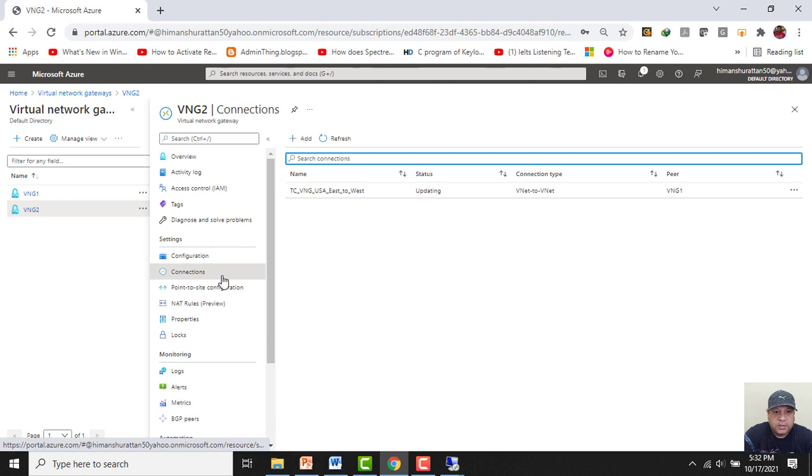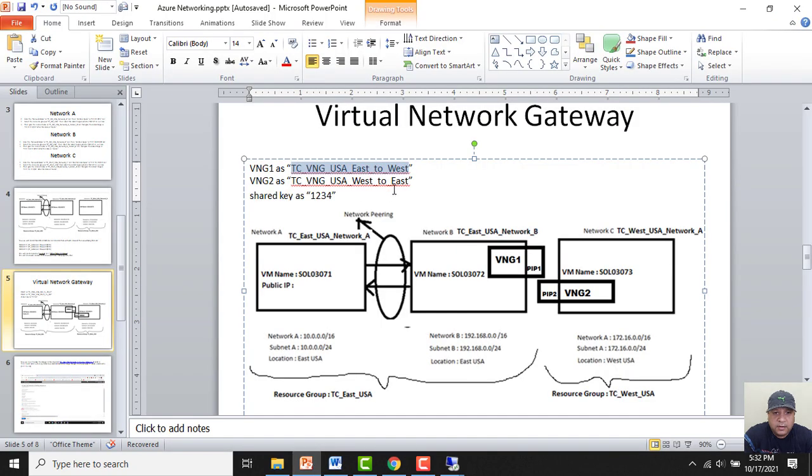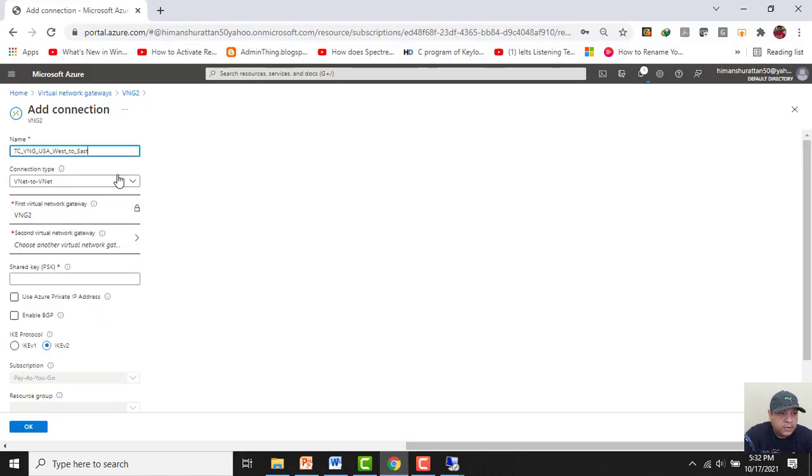Go to connections. I will click on add. Let me give it a name for the direction. VNet to VNet connection type. I will select my VNG1. I will give the same shared key PSK 1, 2, 3, 4.